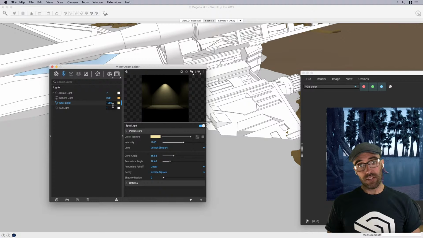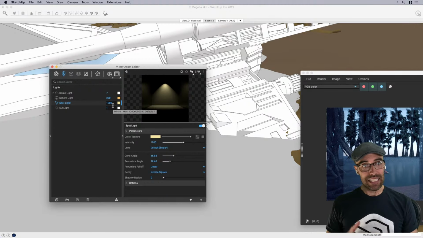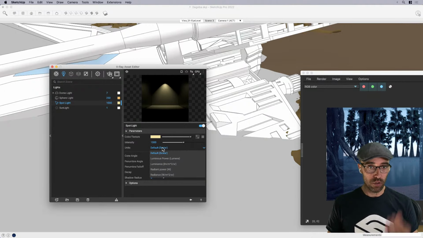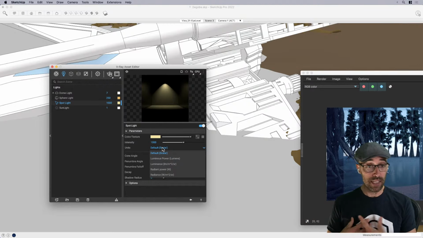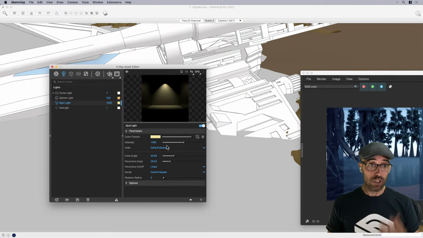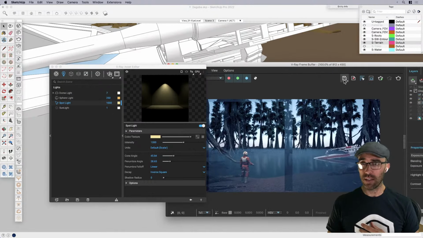So one thing, and someone's going to correct me, is that the intensity is related to the type of the units that you work in. Depending on whether you're using lumens, which I don't know anything about, or radians, because I'm not a lighting designer, I will say that if you're just using the default units, you'll find that if you render, and I'll show you here in just a second, let's go ahead and I'll show you that if we go render,